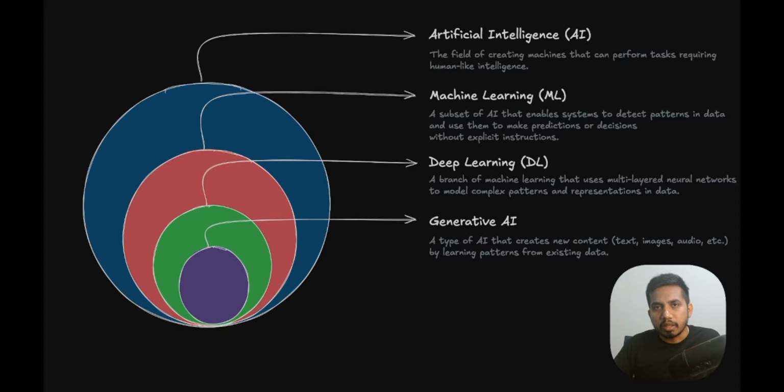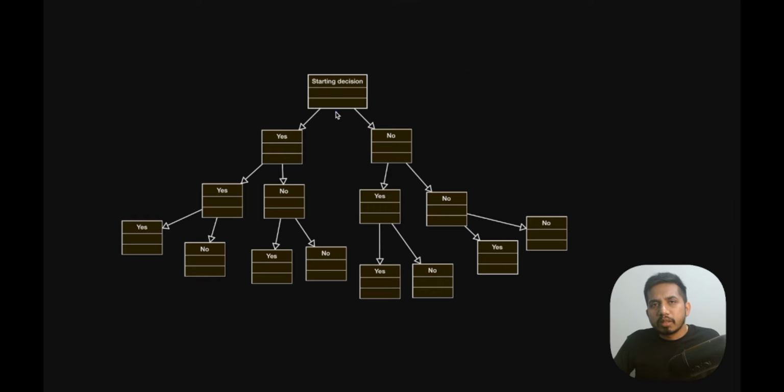In the olden days, they used to build intelligent systems based on a huge rule set. For example, huge if-else conditions like this. If it is yes, go here. If it is no, then go here. Then if it is yes, go here. If it is no, go here. Like this, it will reach a particular point and that will be the outcome of that problem.